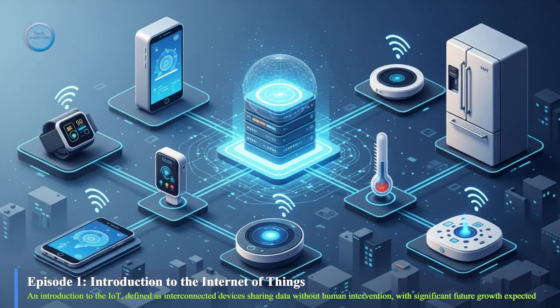1. To begin, can you provide a simple definition of the Internet of Things? 2. The concept of connecting devices isn't exactly new. So, what is considered one of the very first examples of an IoT device? 3. What key technological advancements had to happen for IoT to grow from, say, that single vending machine into the global phenomenon it is today? 4. You've mentioned an IoT system as a complex ecosystem. What are its 4 fundamental components?